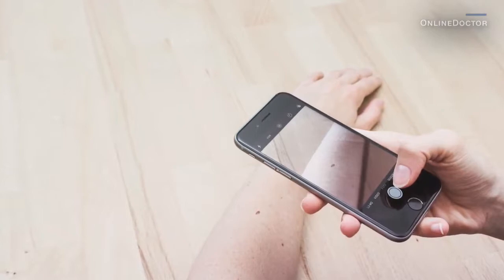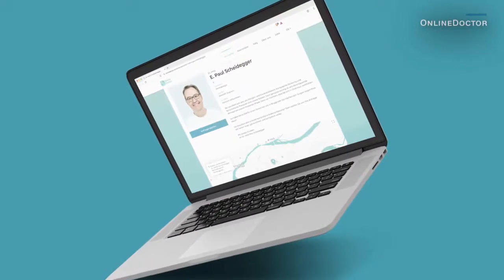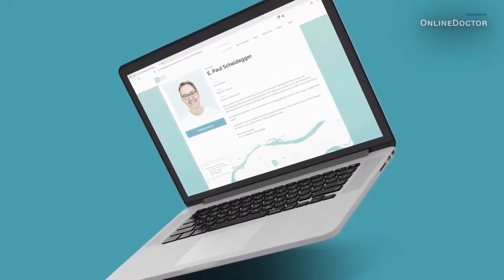Right, absolutely. In general terms, we are a teledermatology platform. So everything that's related to the diagnosis and treatment of skin problems is related to our platform. We really rely on a store and forward technology, so we focus on the asynchronous communication between the specialist and the patient. Suppose you have a skin problem, a rash, for example, and you want to avoid the long waiting periods and the physical appointment, then you would just go to onlinedoctor.ch.